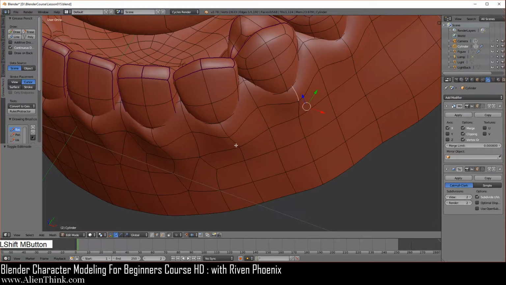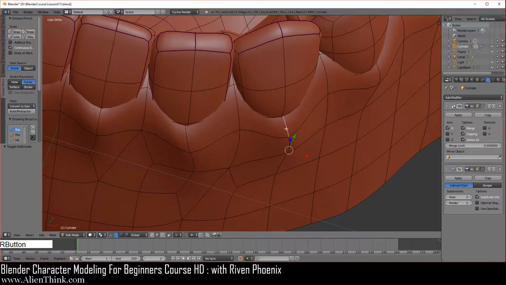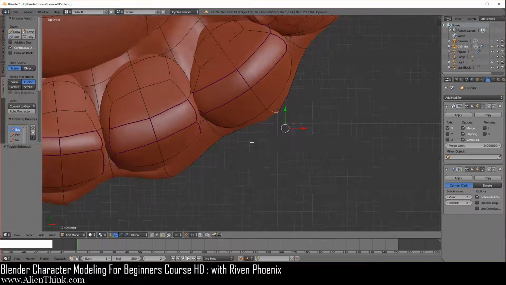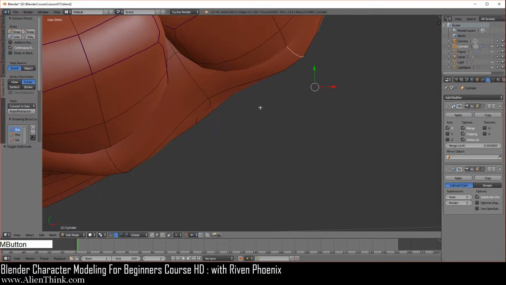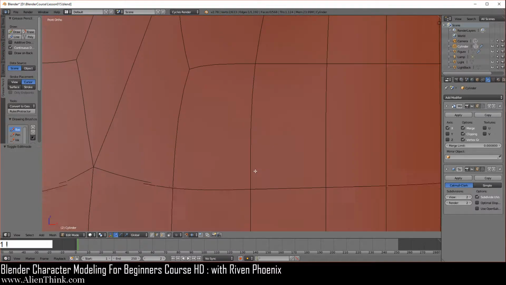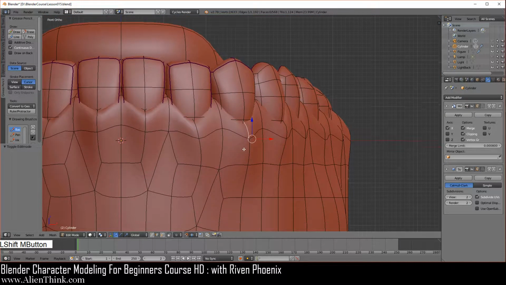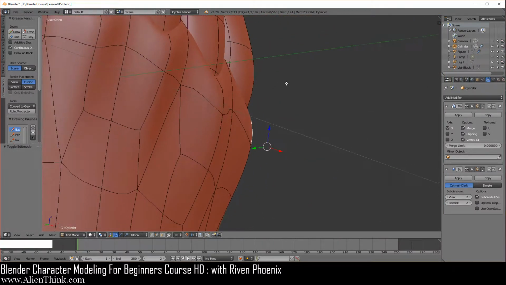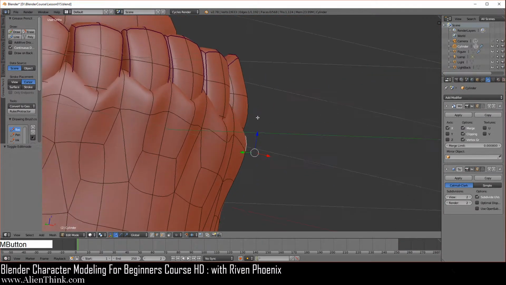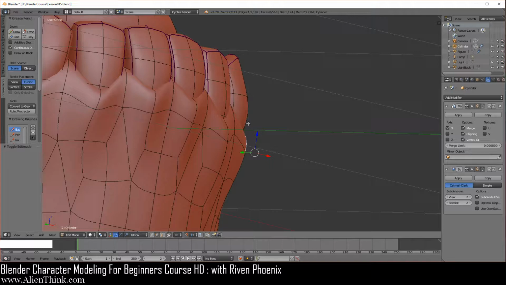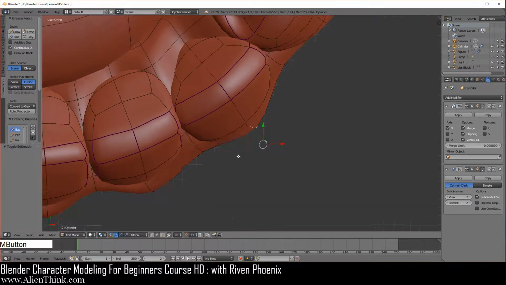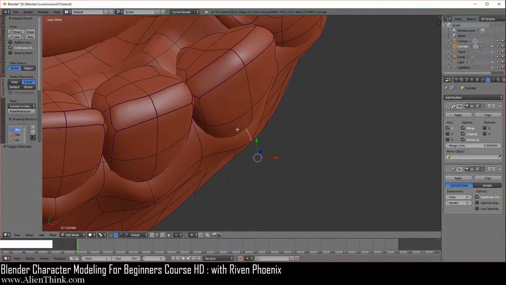We're going to do tab. See how this is over here? So we're going to press the 7 key. Look at it from the top. You can see that over here it's coming out. I'm going to go to front view to actually show you this. Just press the period key to home in on this area. Okay, so if we look at it from here in this angle, we can see that it's coming out over here. Okay, if I press the 7 key, it seems that the gum isn't coming out enough, right? So this is, again, it's protruding out over here.